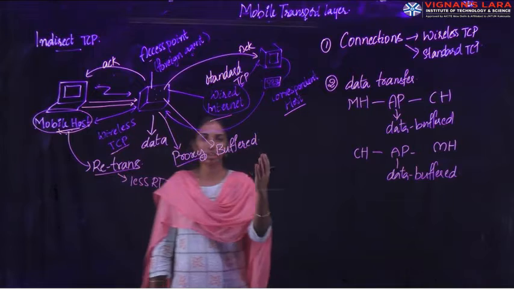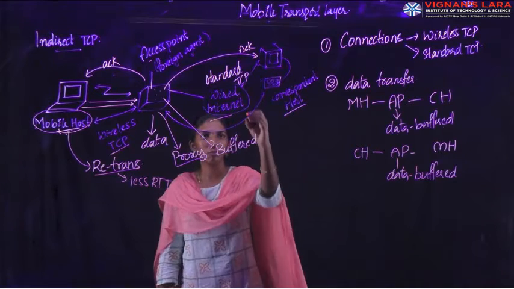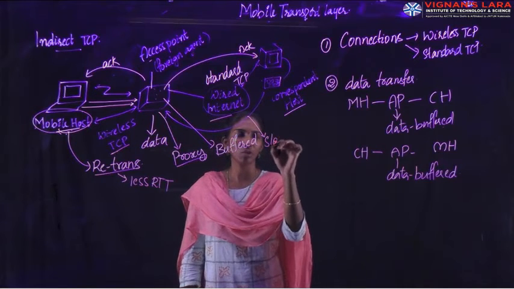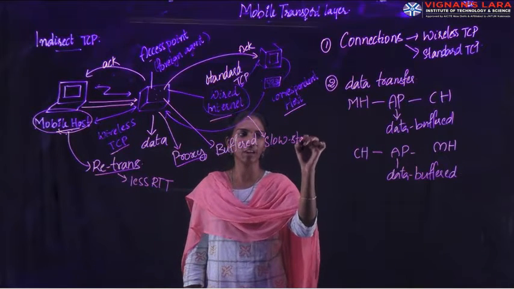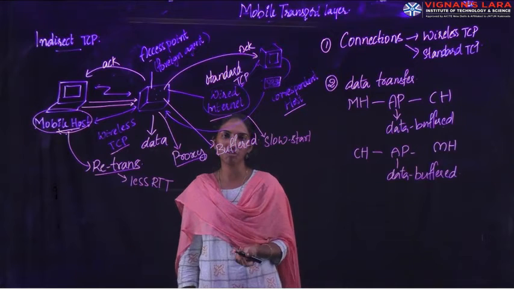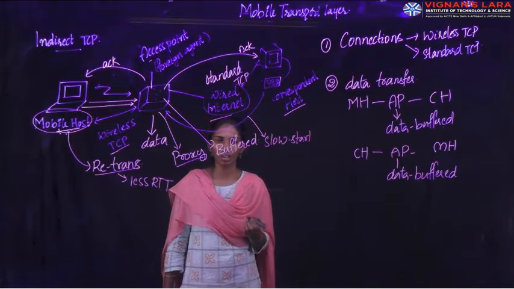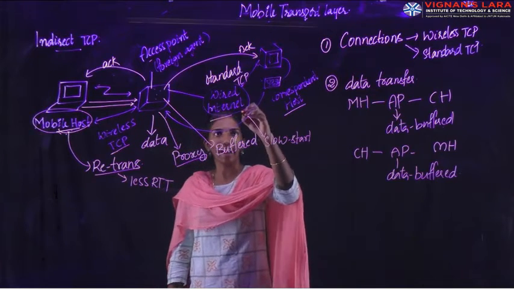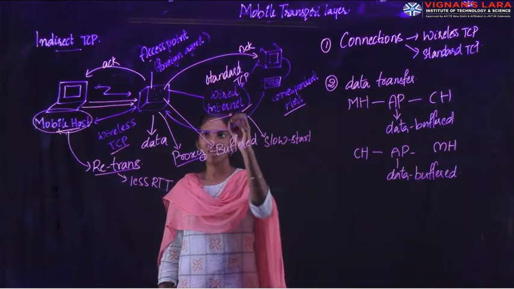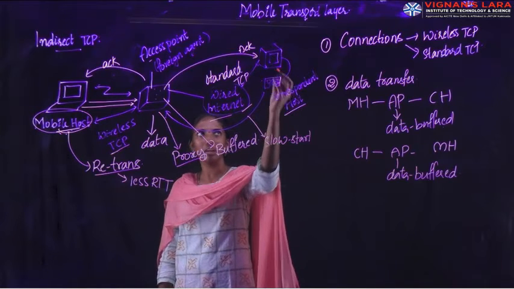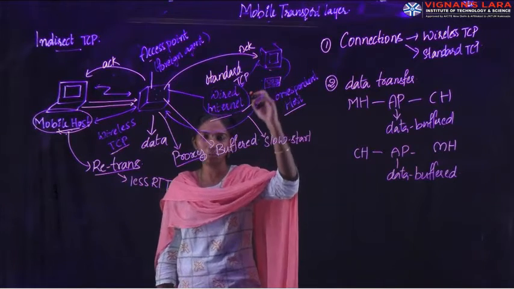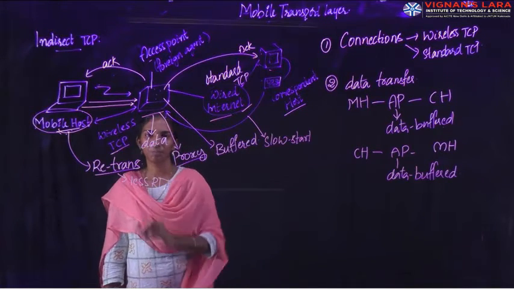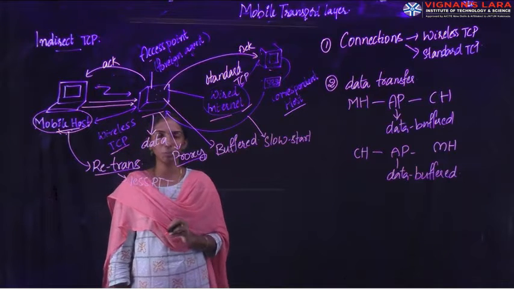But what happens in the case of standard TCP? If this case occurs in standard TCP, initially by using either the slow start mechanism or retransmission or fast recovery or retransmit, immediately the loss of data or error in the link will be identified by the standard internet itself. So the standard internet will again retransmit whatever data was sent by the correspondent host, and it will be automatically retransmitted to the access point. Okay, so this is how the errors will be handled.